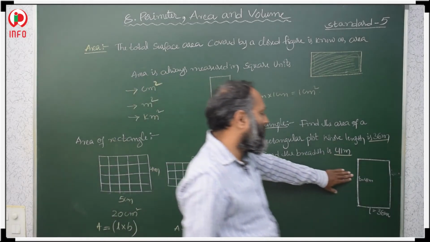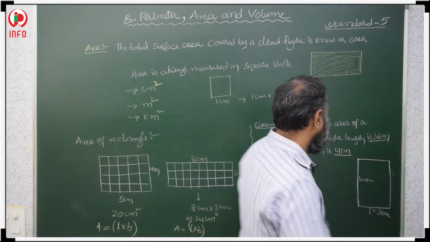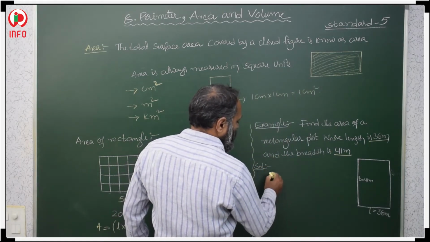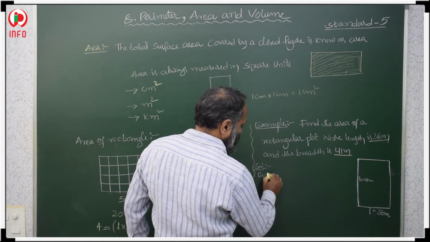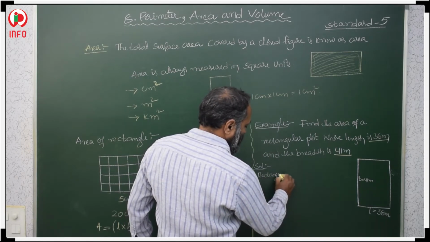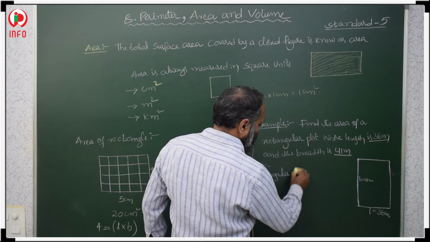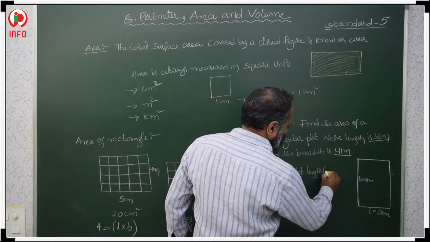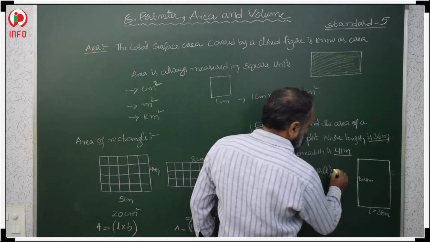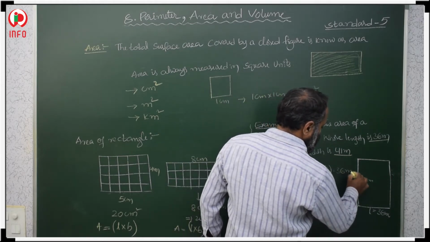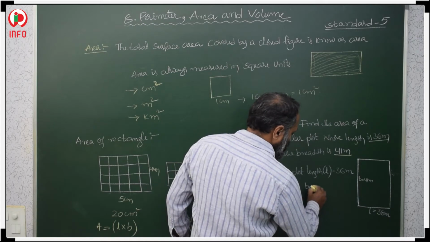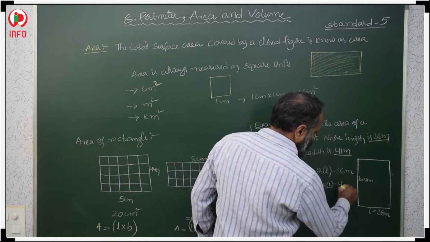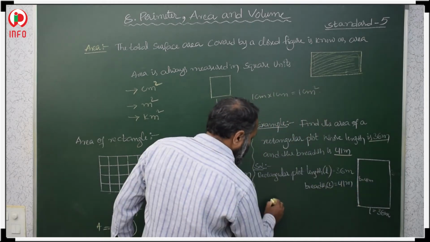So then how to find the area? Here, what is given? Rectangular plot, length: what is the rectangular plot length? 36 meters. Breadth is equal to 41 meters. Then area,